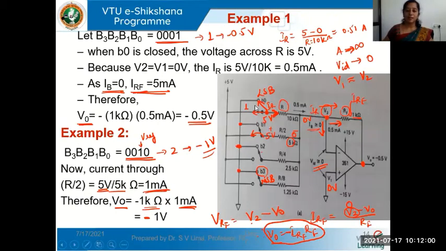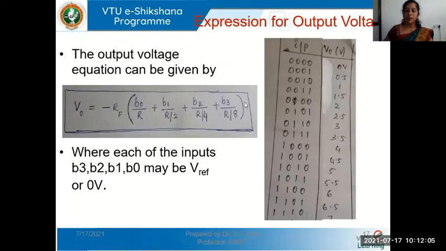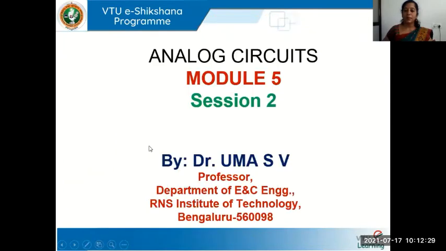And the other things we have discussed, we showed how to derive the expressions, and we also got the equation for the output of the binary weighted resistor DAC. And we wrote the table containing 4-bit digital input and the corresponding analog output. And for the same 4-bit weighted resistor DAC, we have shown what the expression for output voltage would be. So all this we completed in the last class.